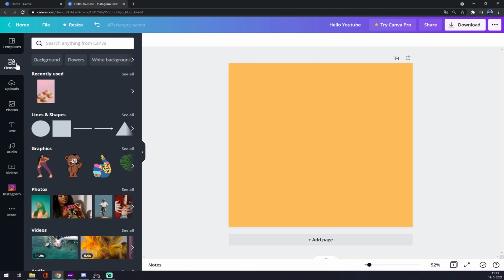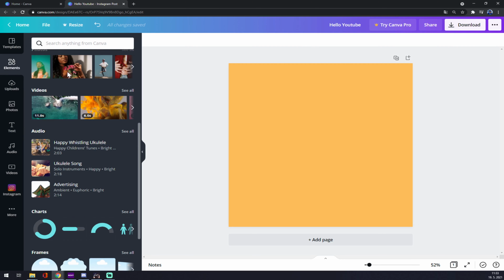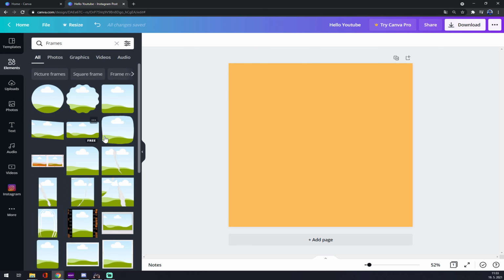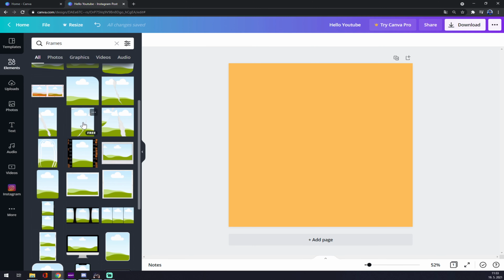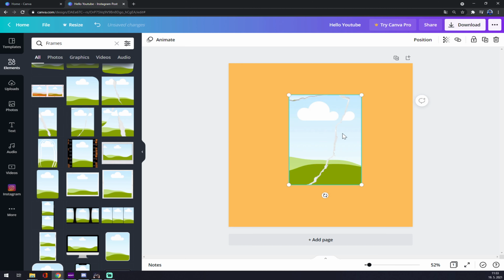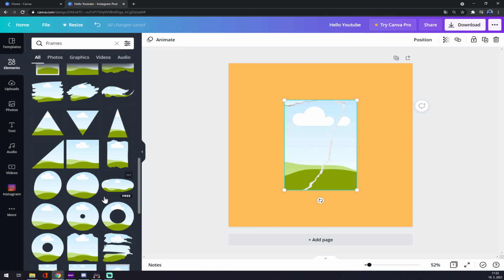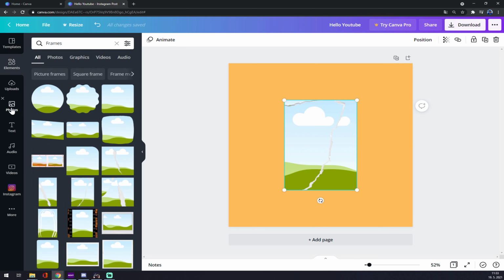First of all, we want to go to Elements and we want to start with frames, and let's go with this one. It doesn't actually matter what you will pick, it's completely up to you. Any shape you like. Now we want to go to photos,